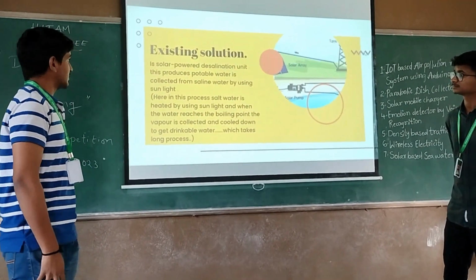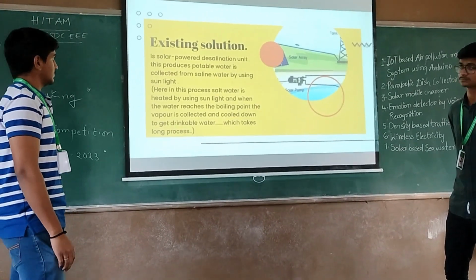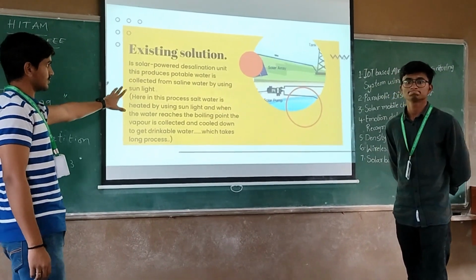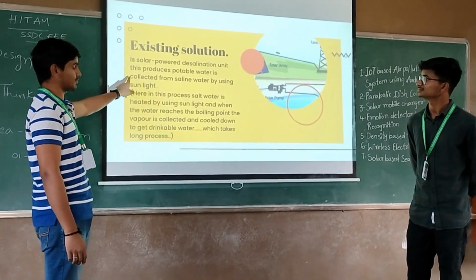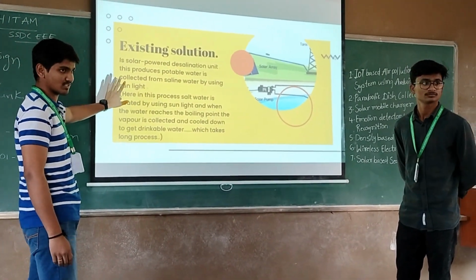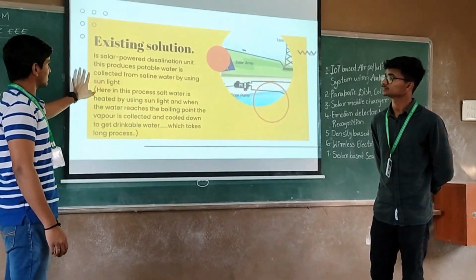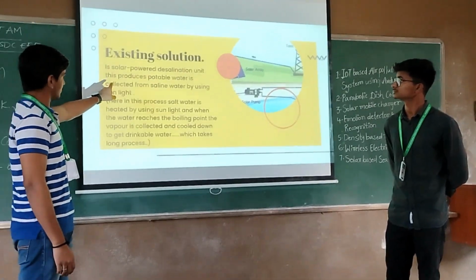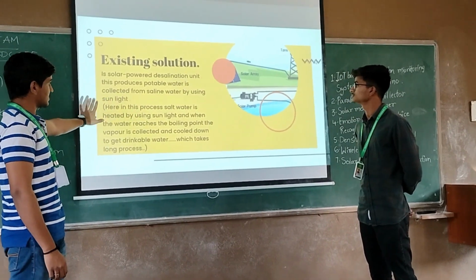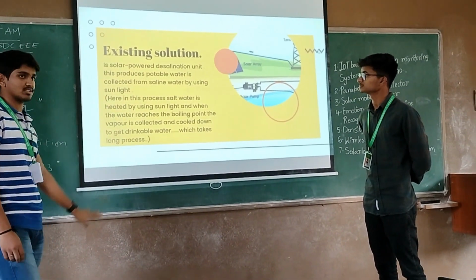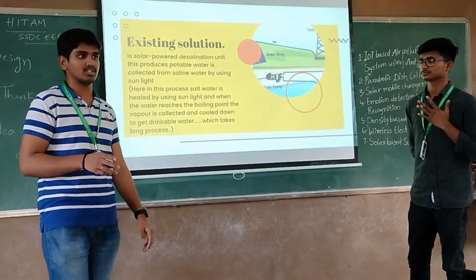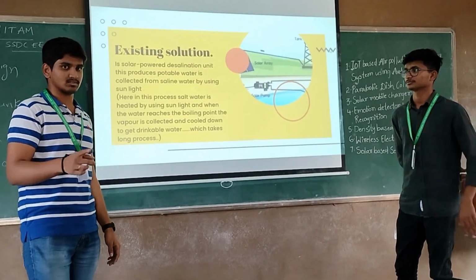Existing solution. The existing solution is a solar powered desalination unit. Listen carefully to the difference between my project idea and the existing solution. In the existing solution, potable water is collected from the saline water by using sunlight. The salt water is heated with the help of only sunlight. But in our idea,